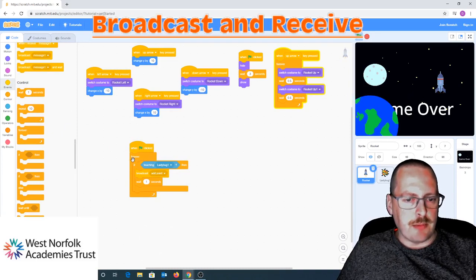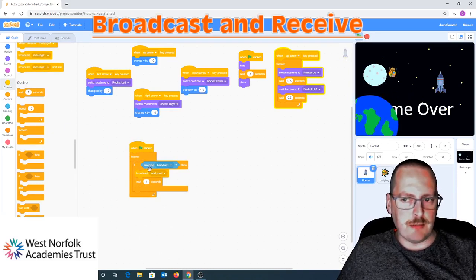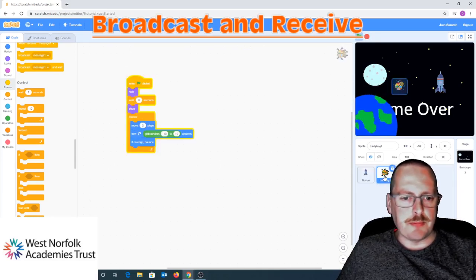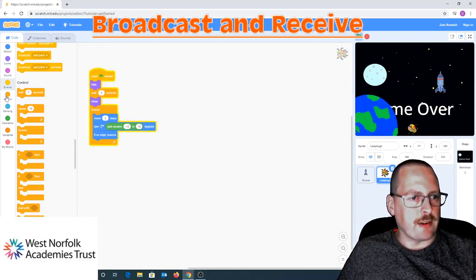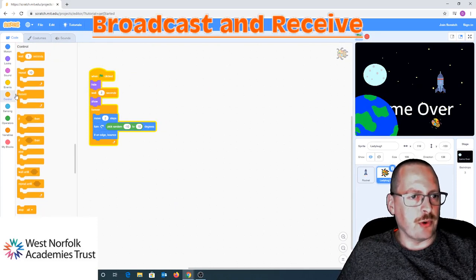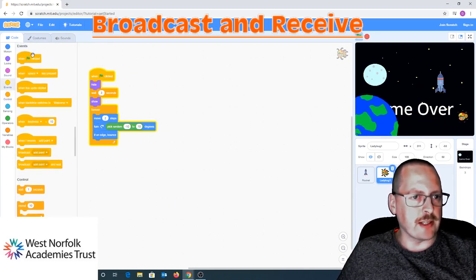At the start of the game, we're going to look forever. If my rocket ship is touching Ladybug 1, then broadcast add point, and then wait a second. Now we've got a broadcast that goes across a whole game. What I've got on my Ladybug is I can now have from my control, from my events, at the start of the game,